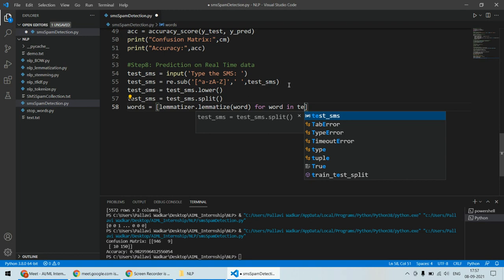That word should be in text SMS. Okay, so that word has to be in test_SMS, right? In this, it should be the word. If